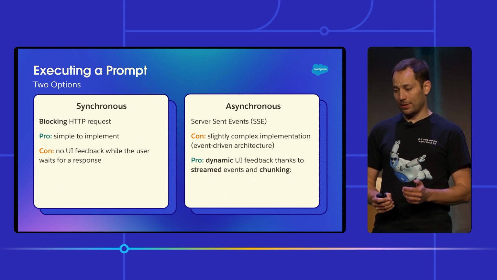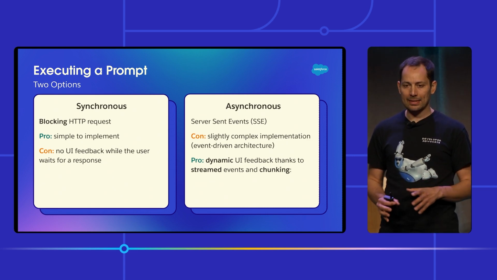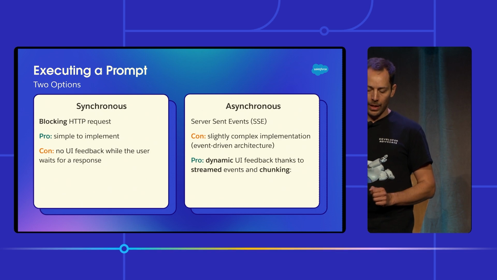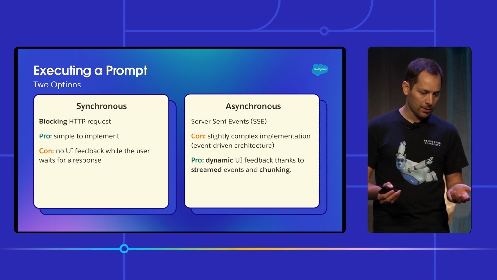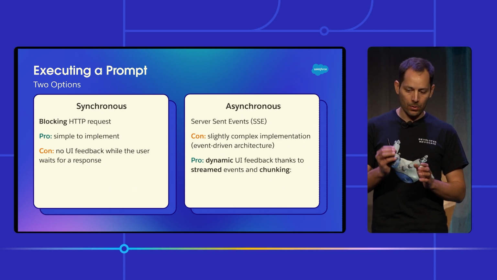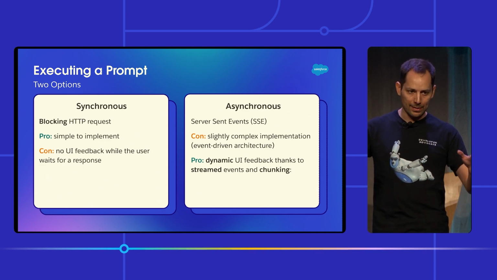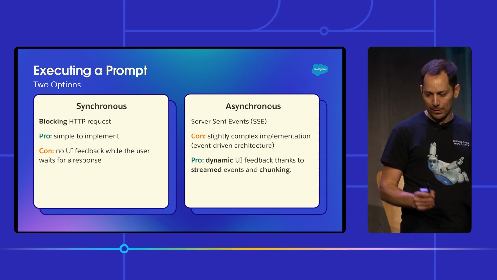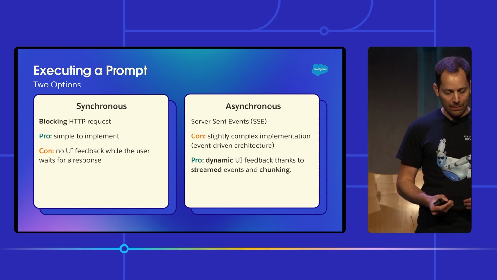The disadvantage of this approach, however, is you have to put together a slightly more complex integration because you're dealing with an event-driven interaction. So you're getting your response in chunks, so you have to reassemble the response in order to process it. But it gives you the advantage of having a dynamic user interface. You can have your dynamic loading messages. You can also have chunking that lets you build a response as you receive the different bits of the response. It's way more dynamic. It's more user-friendly, really. And we'll see that as we go through an example with another demo later on.